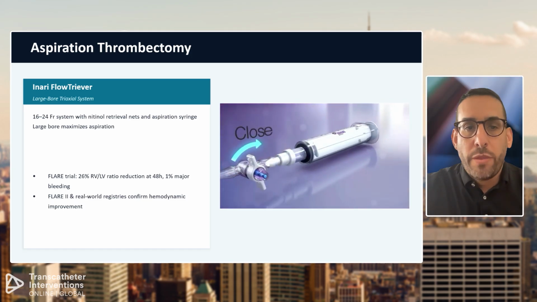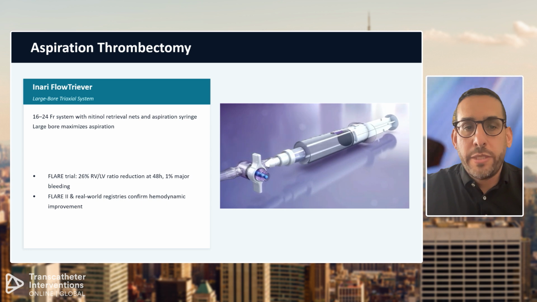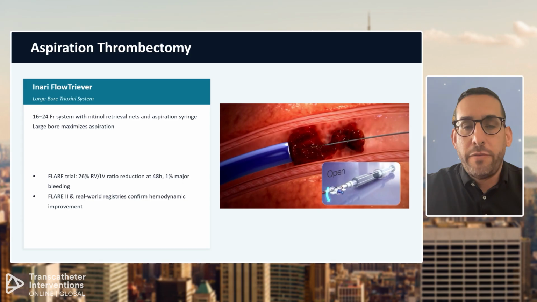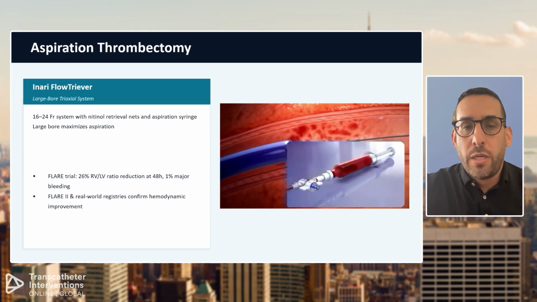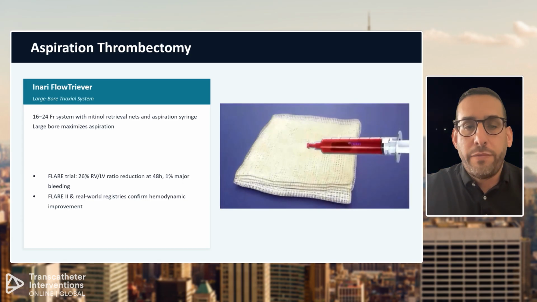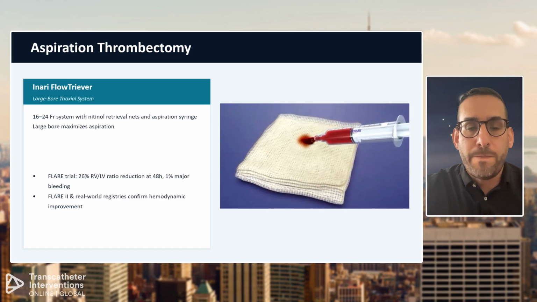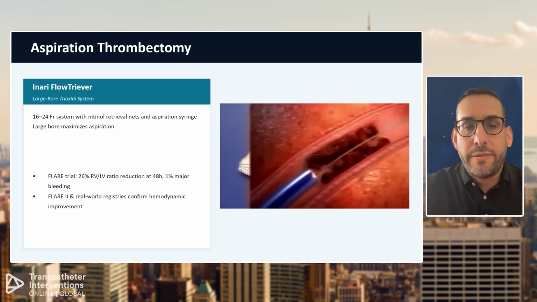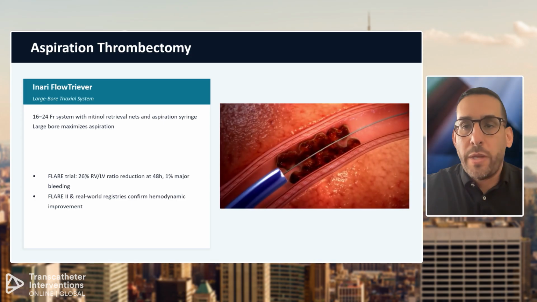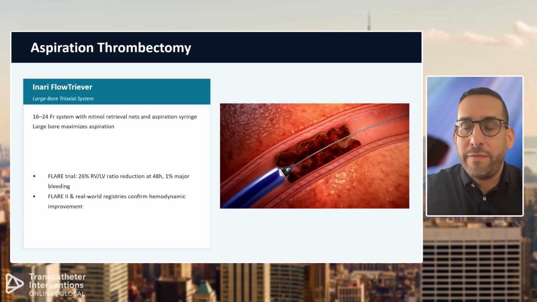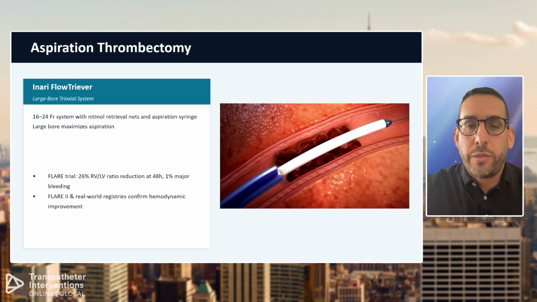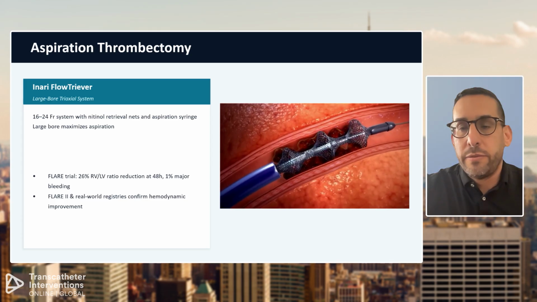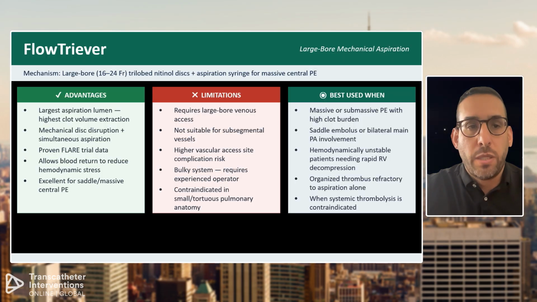Just briefly, this is just a large syringe. It's a suction device. The device is 24 French, as mentioned, but it's very versatile and can get you to the pulmonary arteries without difficulty. It navigates the right heart without difficulties. And you can see here, the clot is taken out. It does have an accessory that you can add on to it to save blood, to filter the clot, and you can return the blood. That is called the FlowSaver. And we use that selectively based on the patient's hemoglobin and the need to salvage blood.